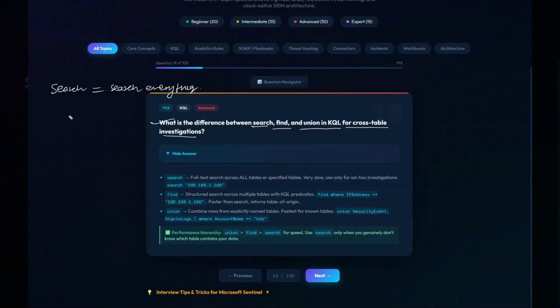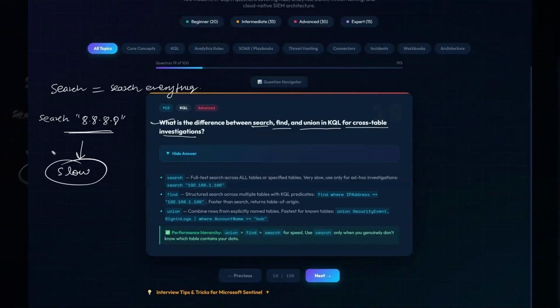You can start like this, type search and then 8.8.8.8. So this is going to check everything and this is super slow. It is a full text search across all tables or a specific table, very slow. Use it only for ad hoc investigations, like search